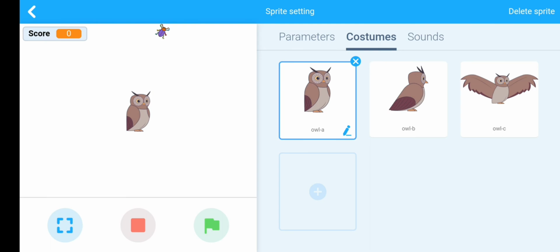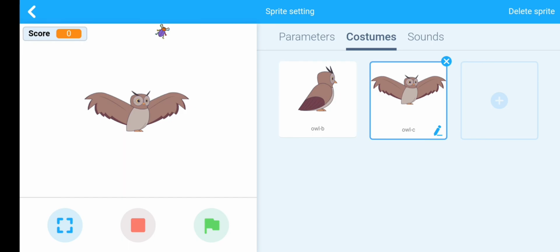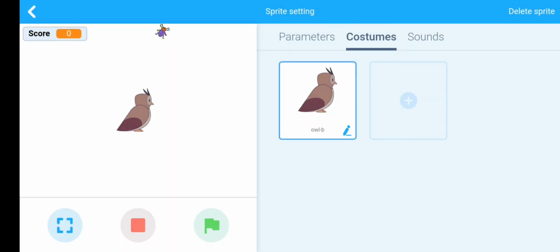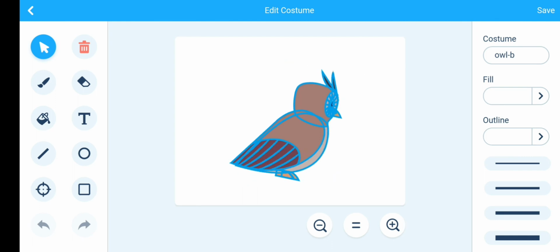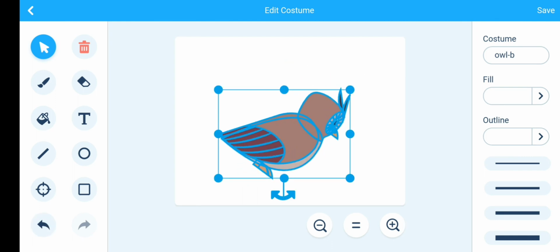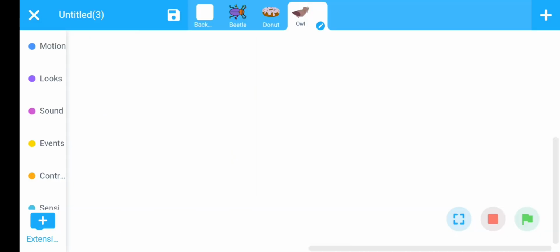This owl sprite has 3 costumes. Delete 2 extra costumes, and 1 costume should be modified. Modify this costume and then save it.